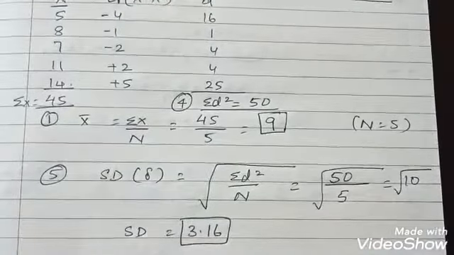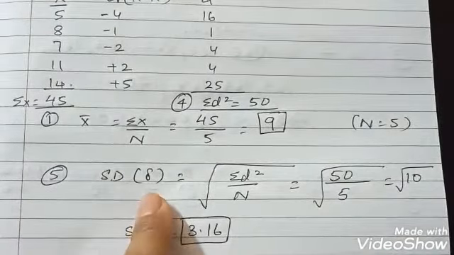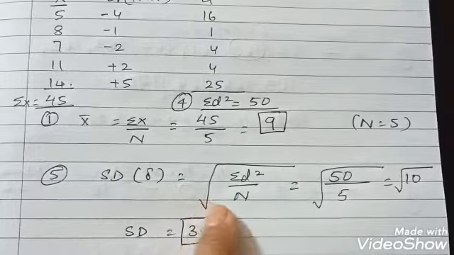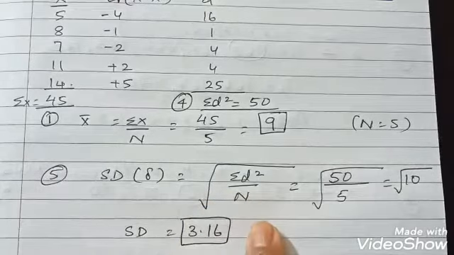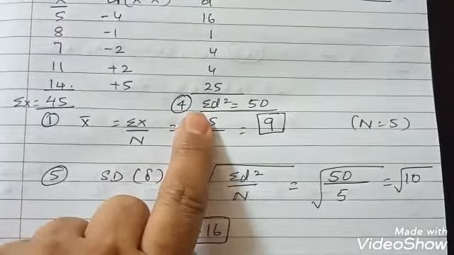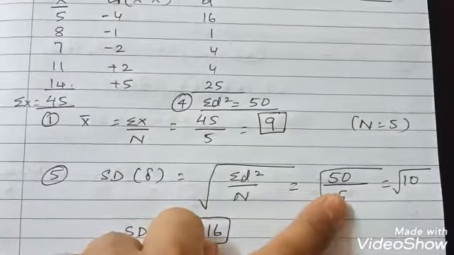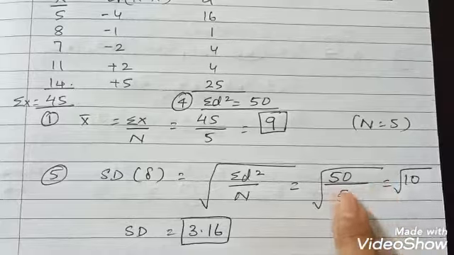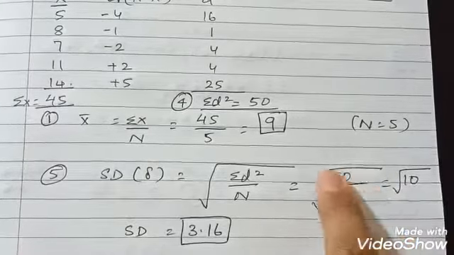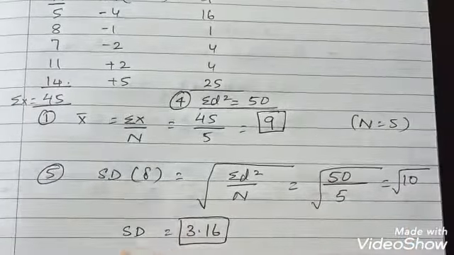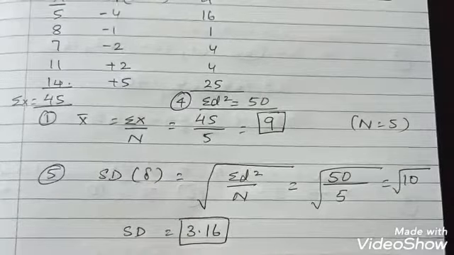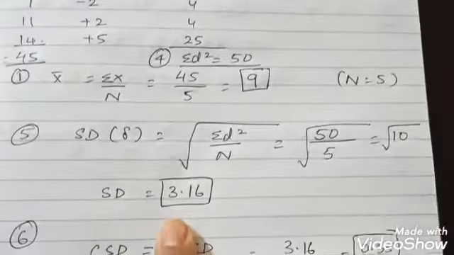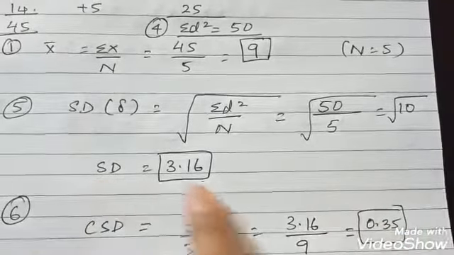Let's look at the formula of standard deviation. It is, we give the sign sigma, under root sigma d square upon n. You know what is under root d square? ये d square है, so we put 50. हमारा n is 5, so we put 5. So it is under root 10. Try to solve it here itself. Under root 10, you must know how to calculate under root. It is 3.16. ये आ गया आपका standard deviation.